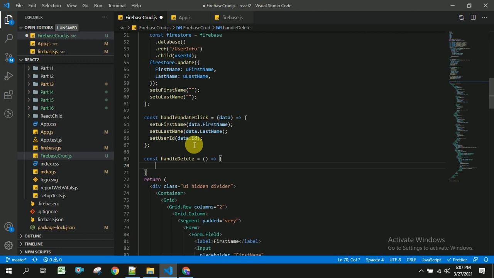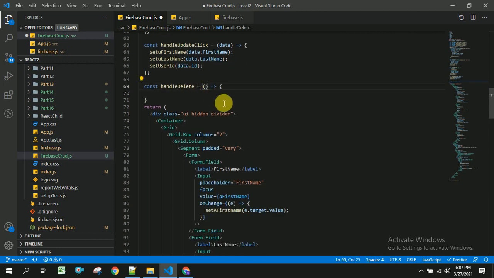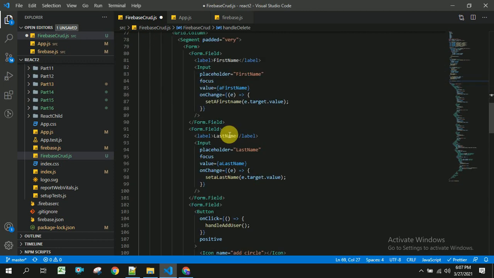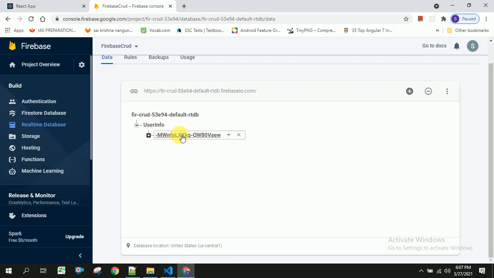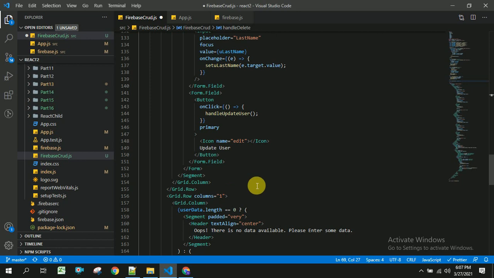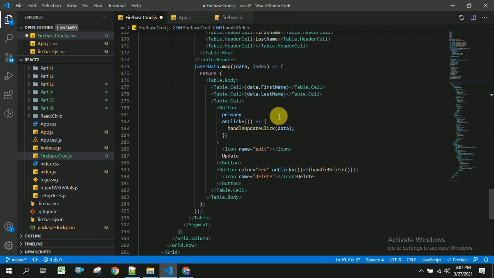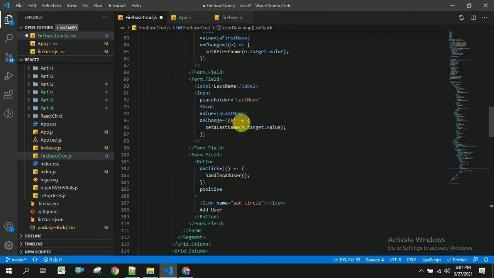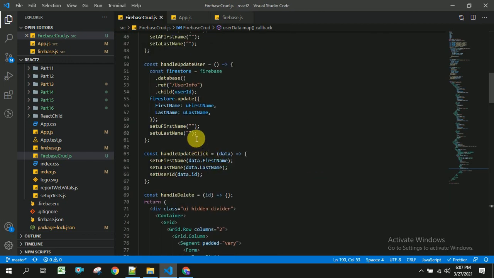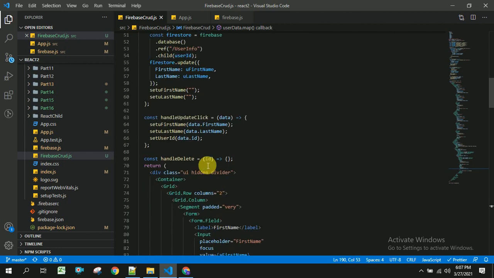So to this delete I am going to send the ID. So if you see here, this is the ID what we have to send to our delete method. So we will get this ID from data.id. So we have sent this from the HTML, and here we will be able to get the ID to this arrow function.